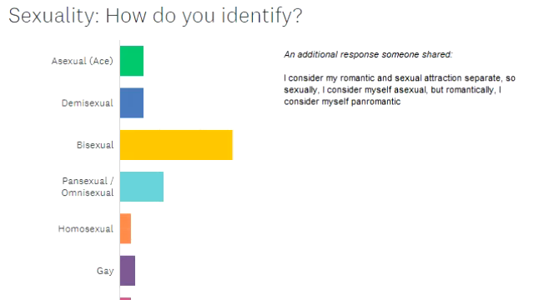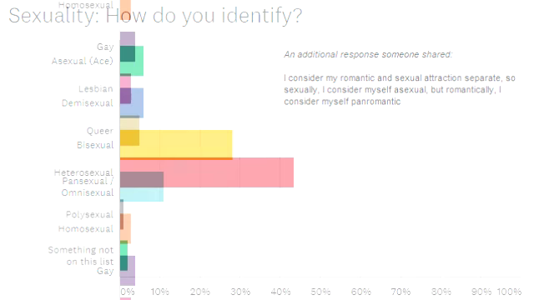So I'm not sure if for everybody else they are separate or if they consider them the same. But at least sexuality-wise, we had a few people who identify as asexual or ace, demisexual. In the upper 20 percentages of bisexual identifiers, which makes sense because I identify as bisexual or pansexual, and I talk about identifying as bisexual a lot in my videos, so that's something people may have seen in my videos. We had a little over 10% identify as pansexual or omnisexual,